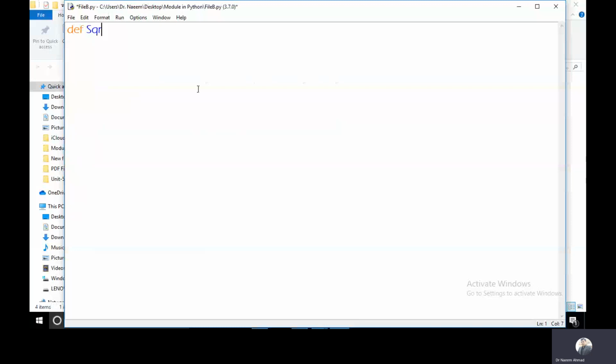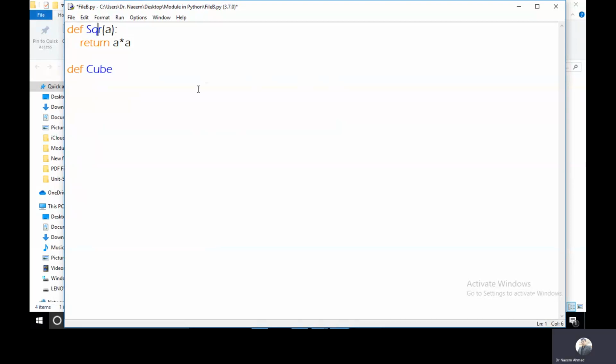Square function, sqr, I'm giving, and I use one variable and return a times a, and def, now I will use the cube function,